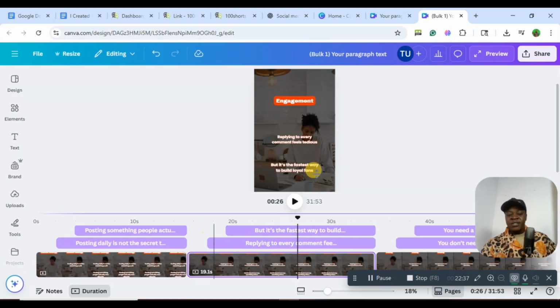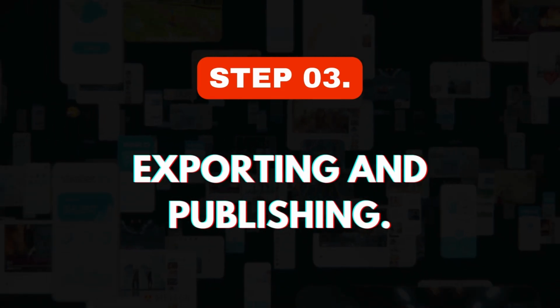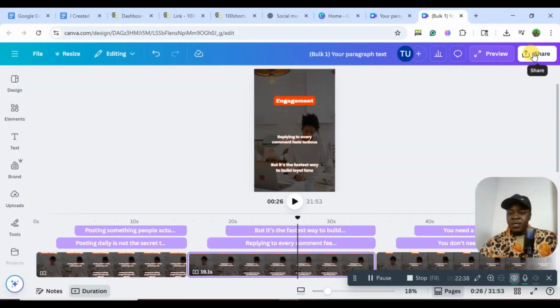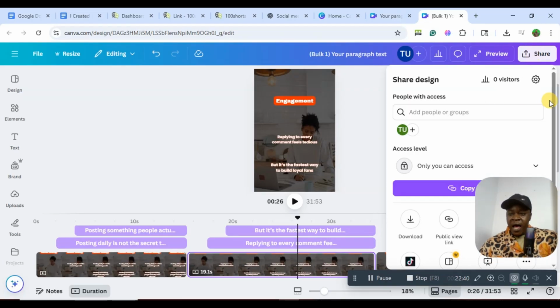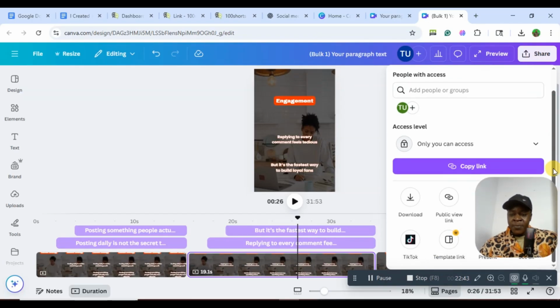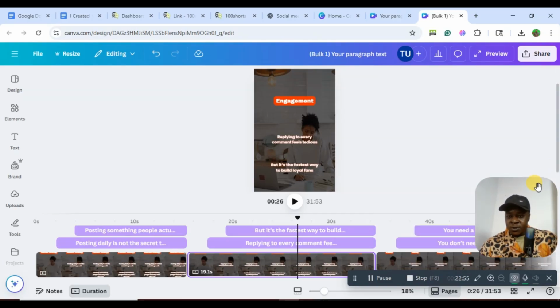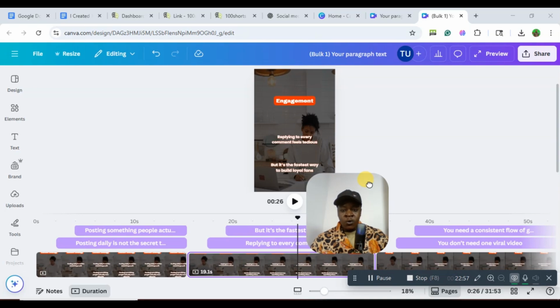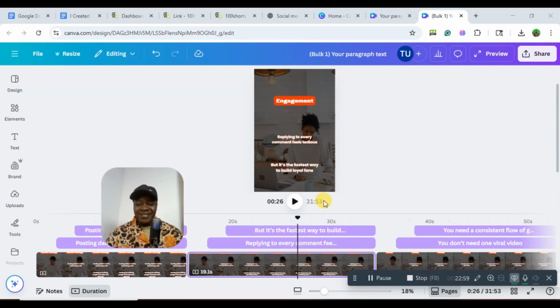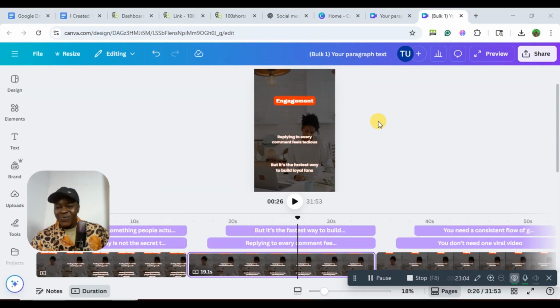So after doing that, what we need to do next is to download our videos, which is the third step, exporting it. All we have to do is click on download, and we can see from page 1 to 100. What we're going to do is download it as separate videos, because if not, it's going to be just one long video, which is going to be 31 minutes 53 seconds, which is a lot of time